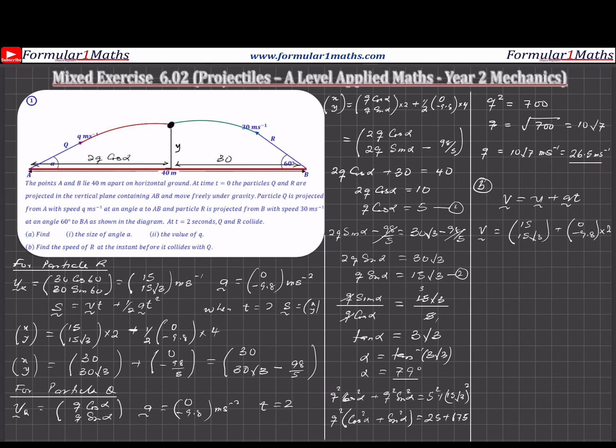If I evaluate that, I'm going to get V is equals to, in vector form, 15 and 15 root 3 minus 19.6 meters per second. This will simplify to